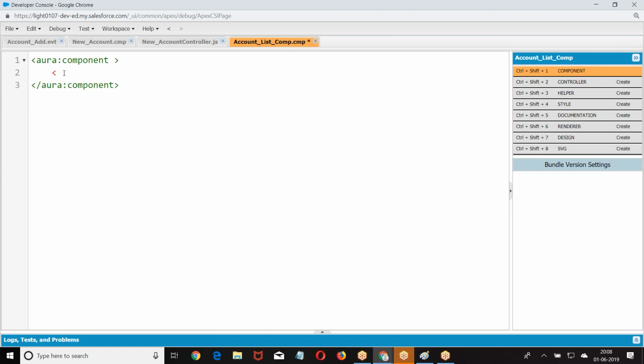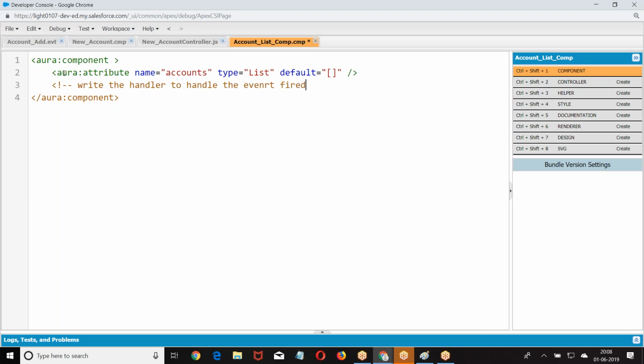So first, aura attribute name accounts, type list, default. Then write the handler fired by